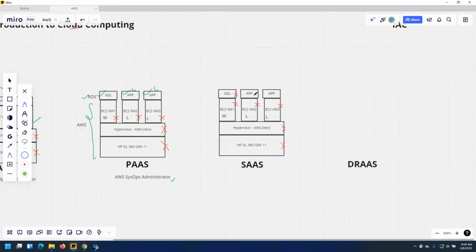Your SQL server, your application, none of these are in your scope. Then what will you do with this?